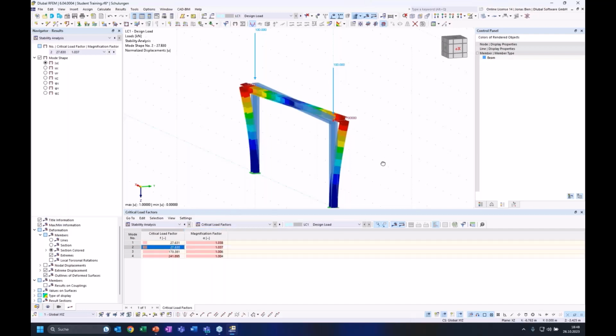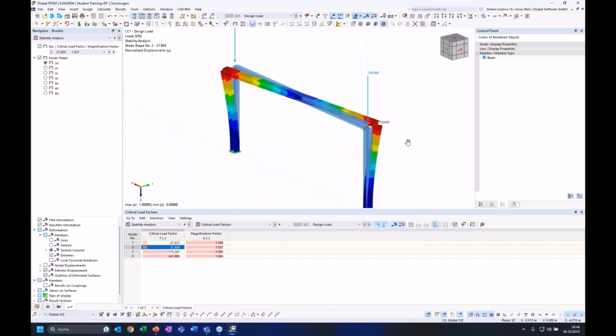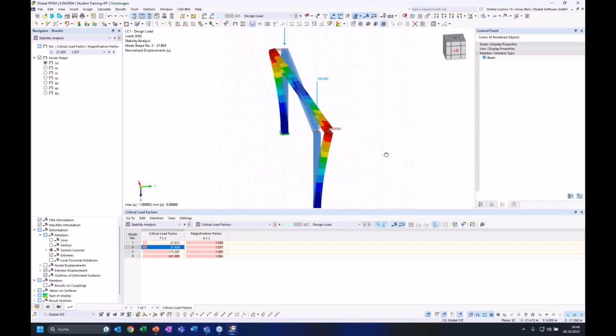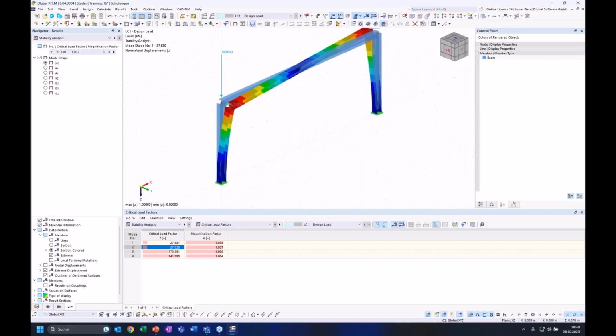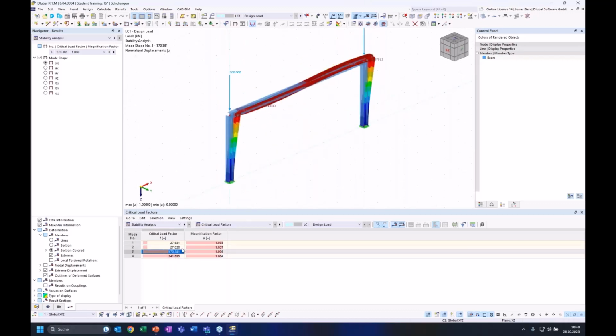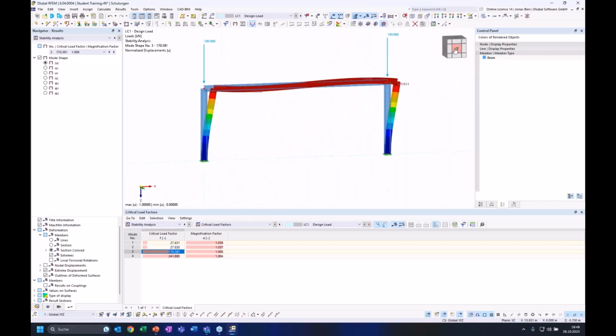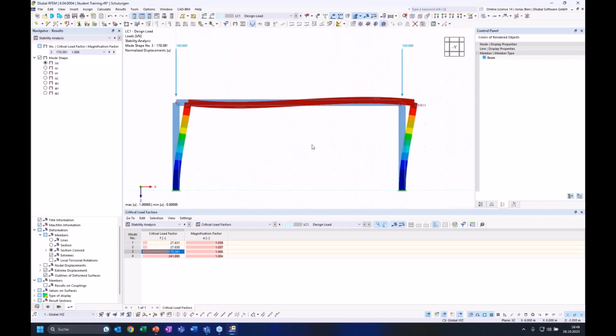Then the second mode shape is also characterized by out-of-plane deformations, just that it's asymmetric in this case. And then the third eigenshape would basically now be in-plane buckling of the columns with a critical load factor of